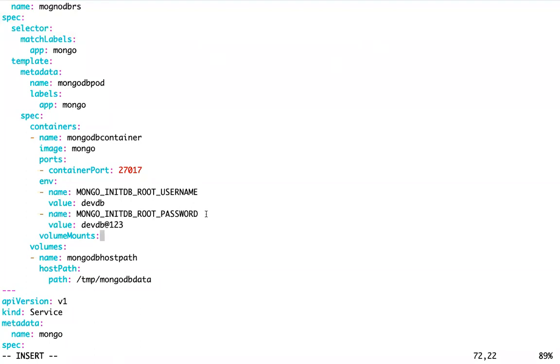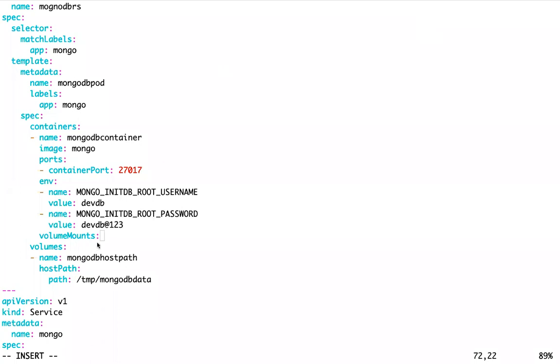Guys, environment variables are something different, right? Volumes are different. In Docker, did you use env to set the volumes? No. We used volumes.